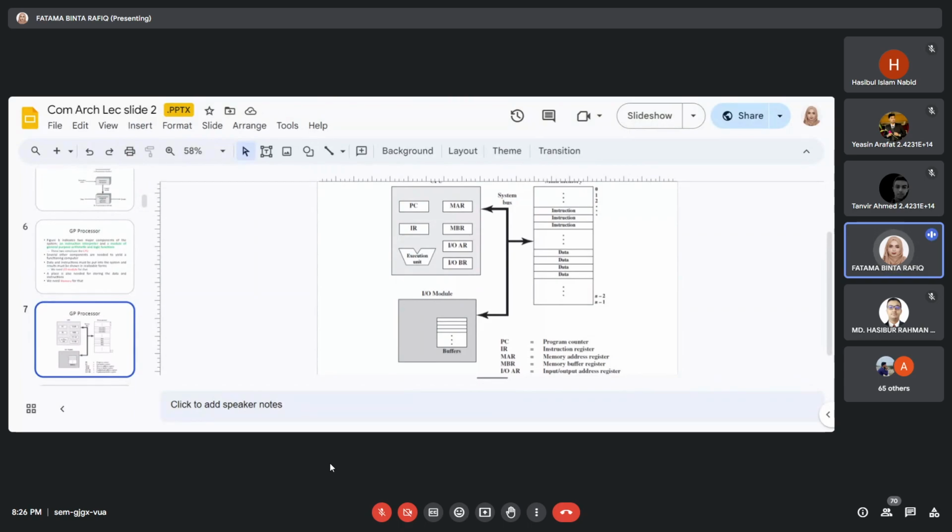So the first two will represent the memory address register, the second one will be the memory buffer register, and then the IO address register and IO buffer register. And in the main memory, some instructions will be there and some data will be there, and they will be located from